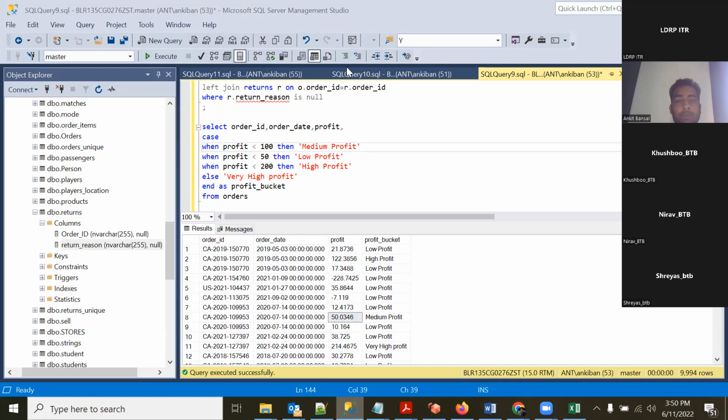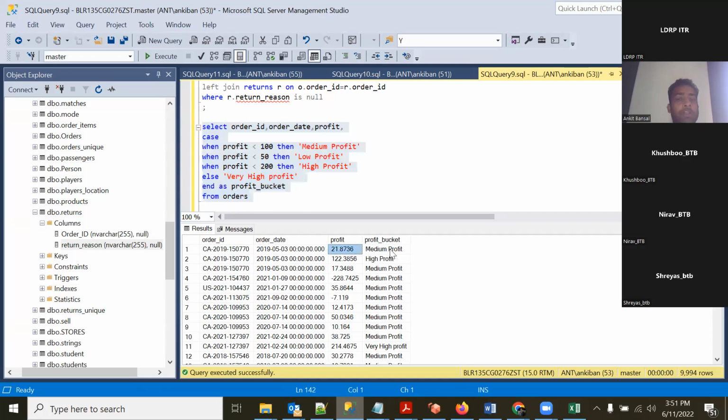Some people are saying it will be the same. Some are saying it will change. Yeah, whoever is saying there will never be low profit, they are right. Again, I'm saying anything less than 50, for example 21, will go in the first bucket itself, right? So less than 50 will be covered in the first condition itself. So if I run this, nothing will go in here, because if anything is less than 50, it will go here only. So if I run this,